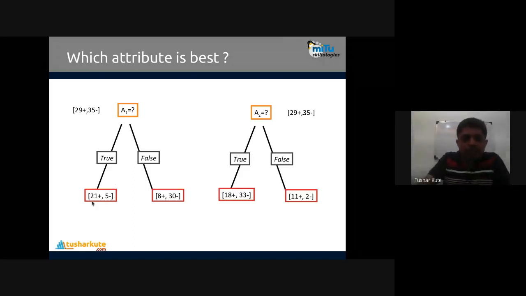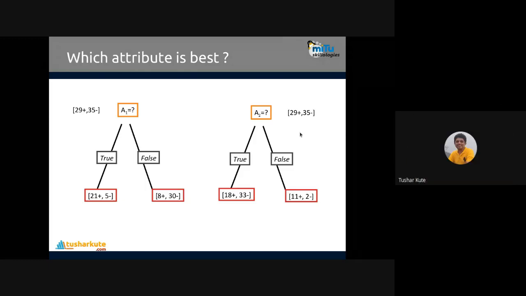So 21 plus 8, that is 29, and 5 plus 30, that is 35. This is completed. Correct. So this is the situation when you choose the A1 first feature to split. Now when I choose the second feature, A2, to split,